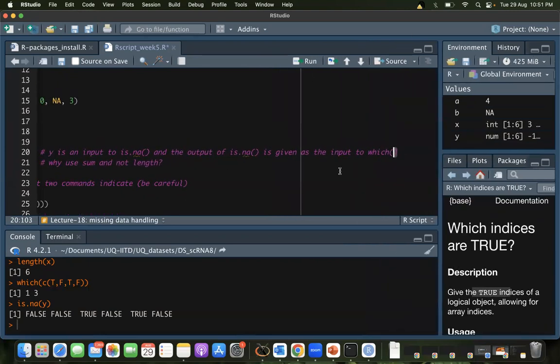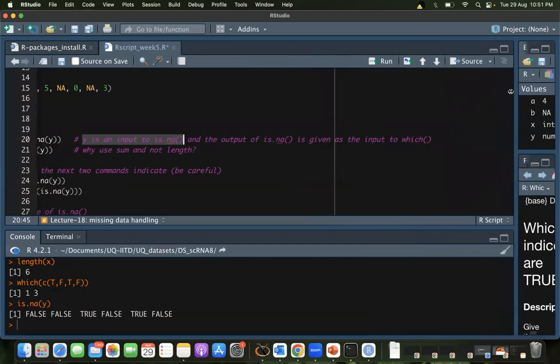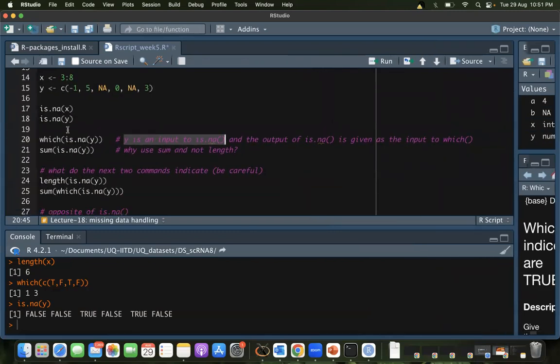Can you see this line? I hope this is visible now. So what this line is doing is, anything inside the bracket is an input to the function that's right outside the bracket, right? This is your function and this is your input.